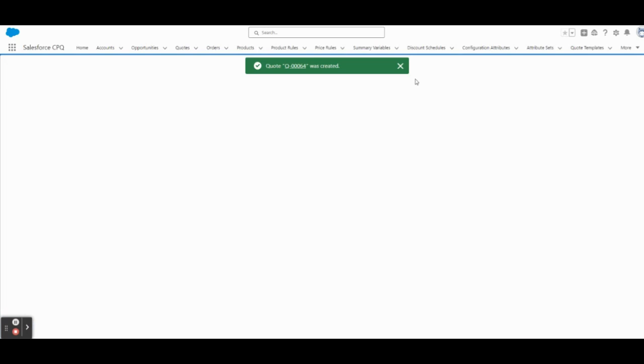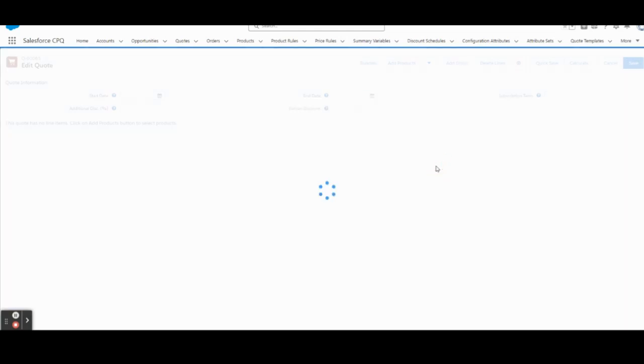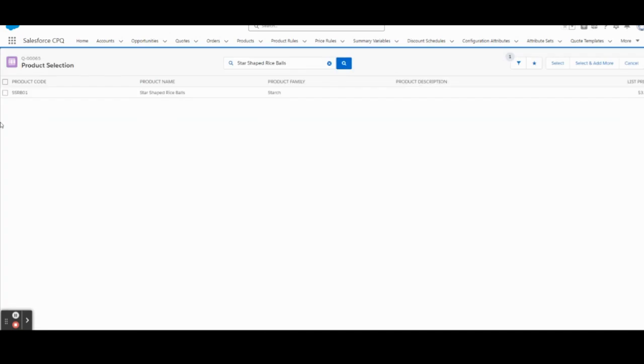And let's click on edit lines. And so from here, you should be selected with the option to select the price book. Let's go ahead and keep it at the standard price book for this particular opportunity and quote. And then let's go to add products. And we're going to search for the product that we have added the discount tiers to. So once we select that one,